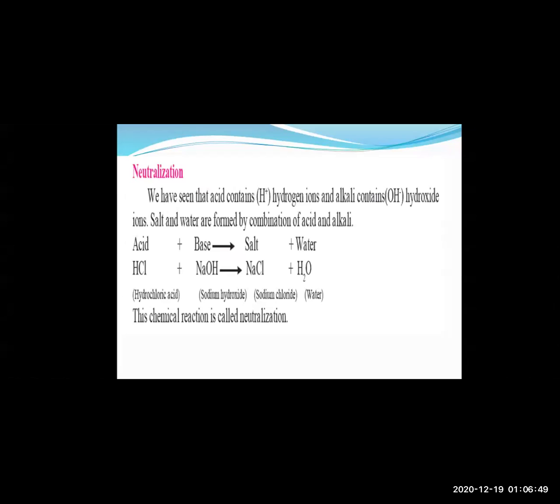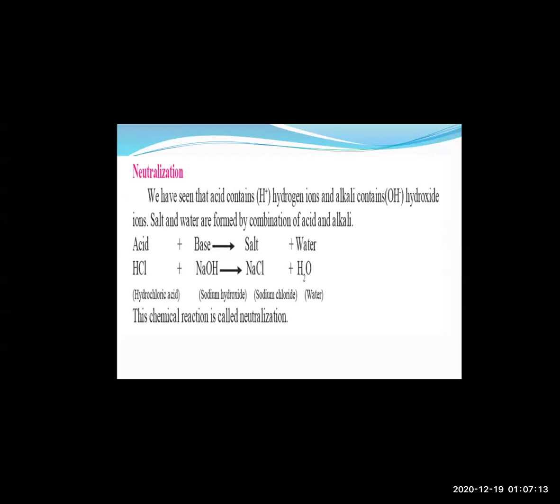Now, when acid and base react with each other, what is formed? Salt and water are formed. What type of salt? Sodium chloride salt is formed along with water, that is H2O. Here the reaction is properly balanced. So this type of chemical reaction is called